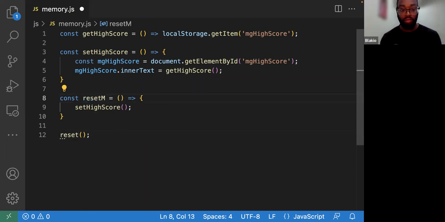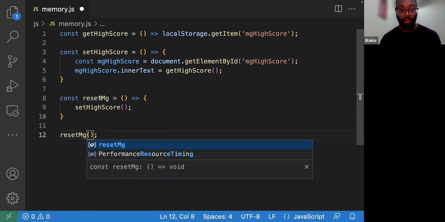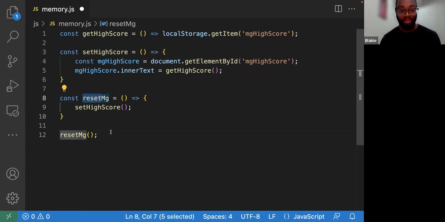I'm just going to say reset MG because I'm not sure if I use this name somewhere else in the app, so I'm trying to keep it specific to this file. So as soon as we refresh, it's going to reset and set the high score along with some other stuff that we're going to put in there. But that's how we want to do it.